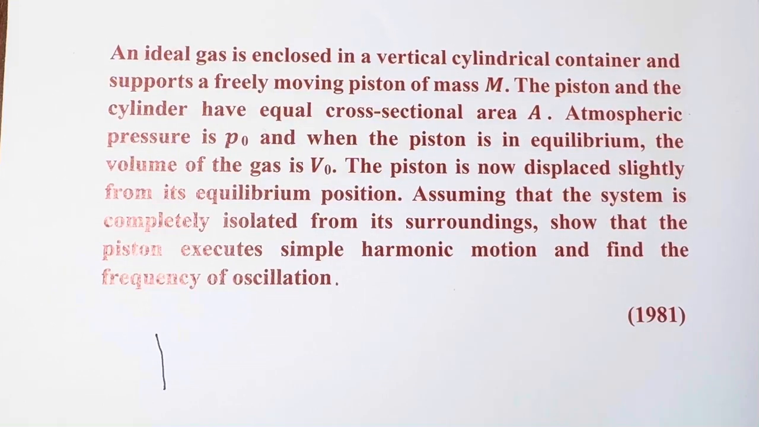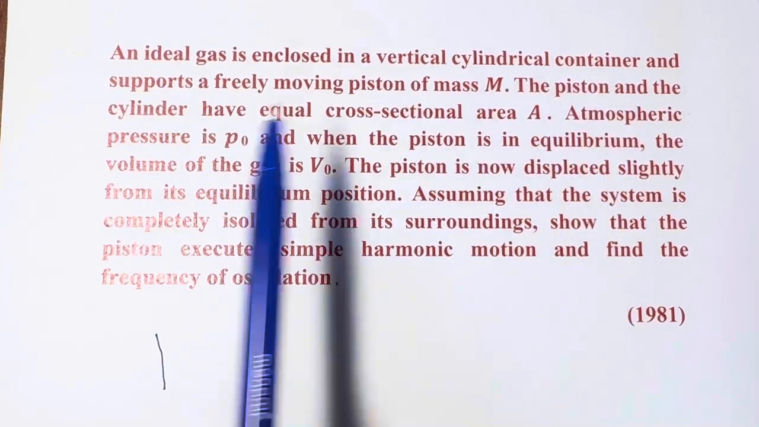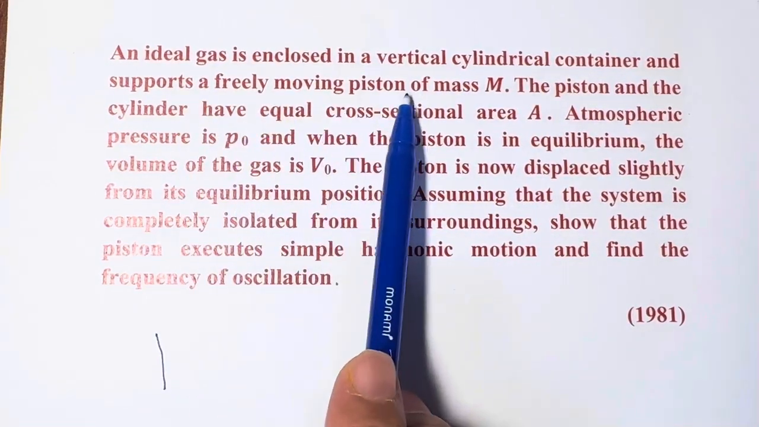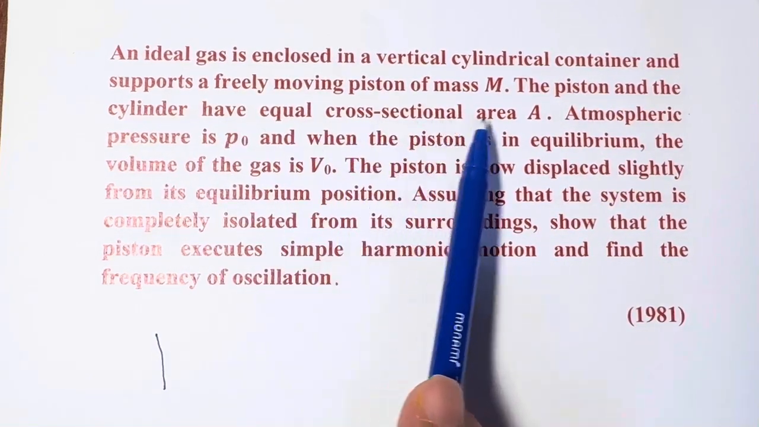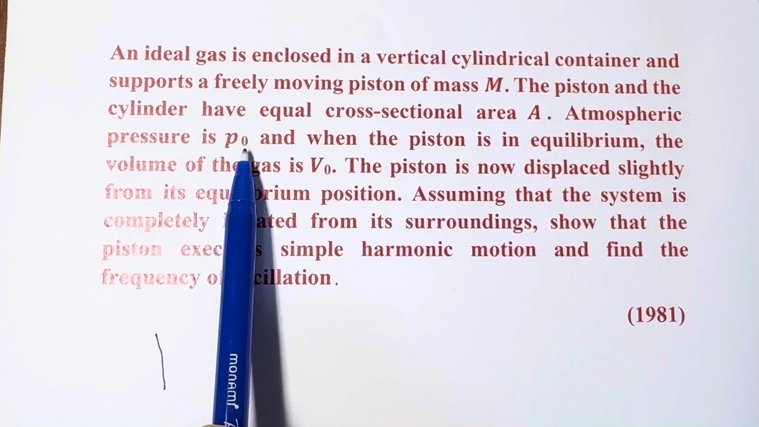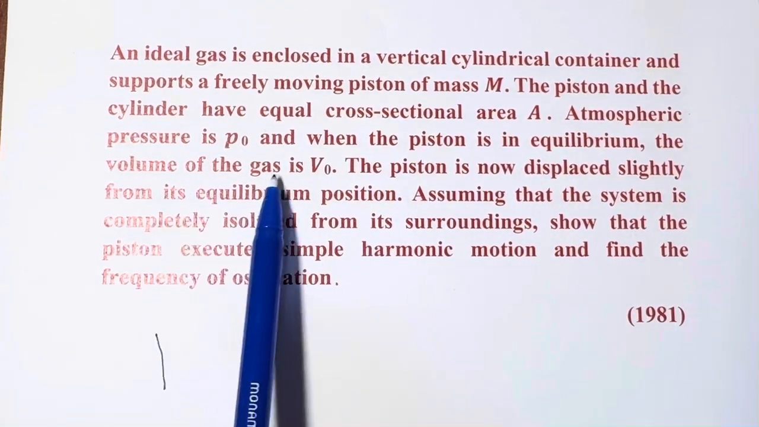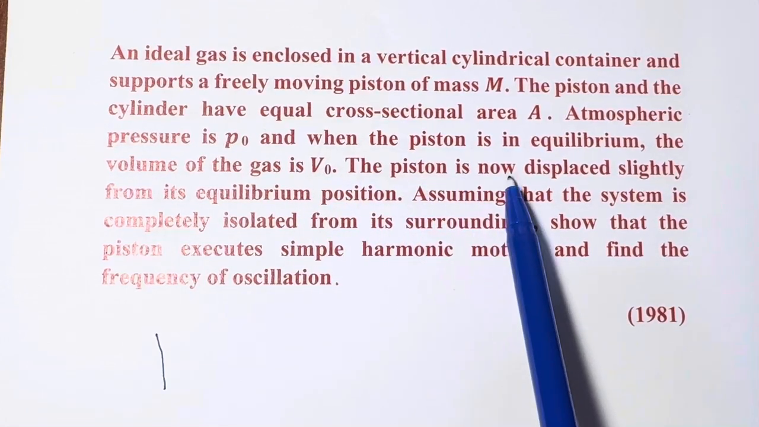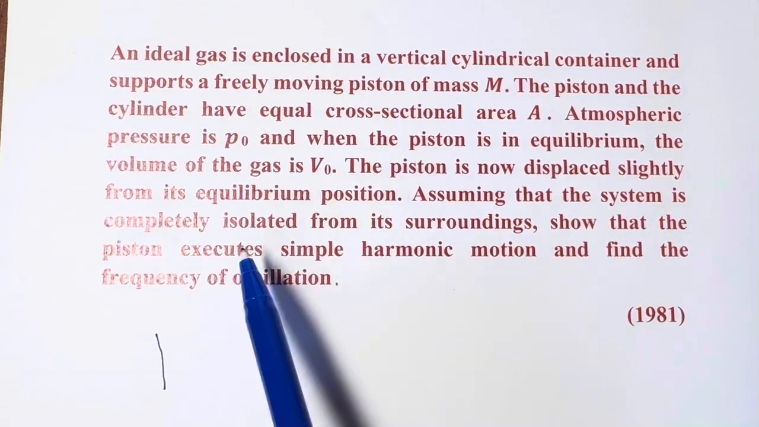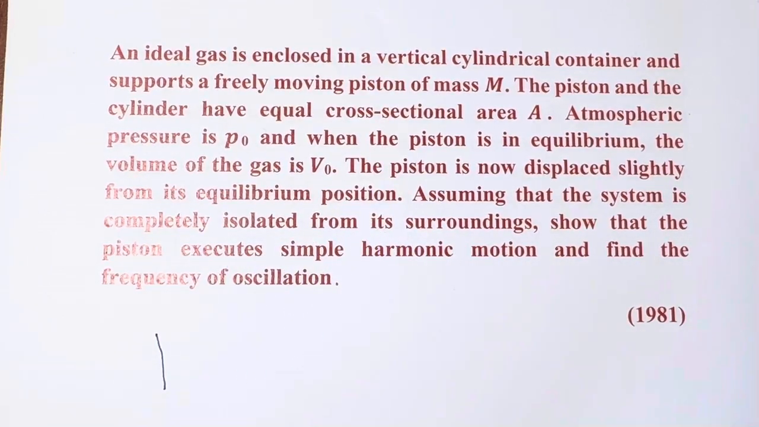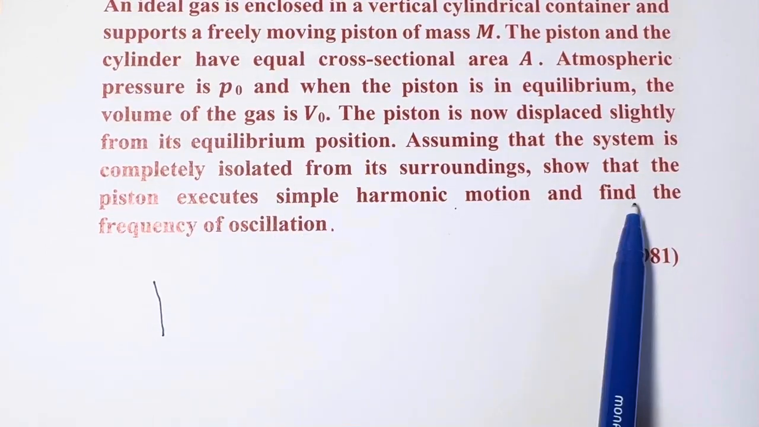Hello friends, today's question. An ideal gas is enclosed in a vertical cylinder container and supports a freely moving piston of mass m. The piston and the cylinder have equal cross-sectional area A. Atmospheric pressure is P0, and when the piston is in equilibrium, the volume of the gas is V0. The piston is now displaced slightly from its equilibrium position. Assuming that the system is completely isolated from its surrounding, show that the piston executes SHM and find the frequency